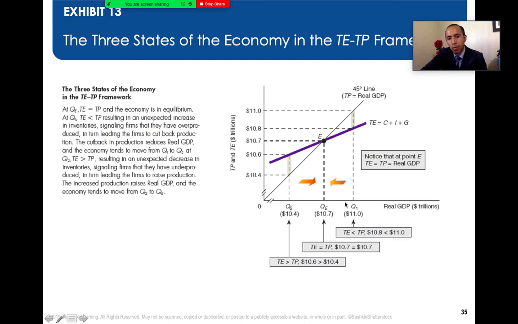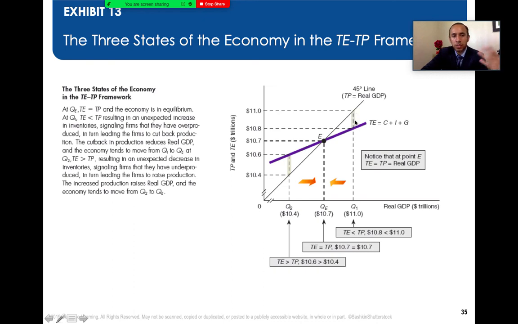If we go to the right at Q1, the total production of goods is 11, but the total spending is below the total production. Again, the line represents the total production of goods and services that is equivalent to real GDP. Any deviation from this 45-degree line means that total production is greater than total spending, meaning that consumers are underspending. We need to slow down the production, we need to increase spending and decrease the production. So at Q1, total expenditure is less than total production, resulting in an unexpected increase in